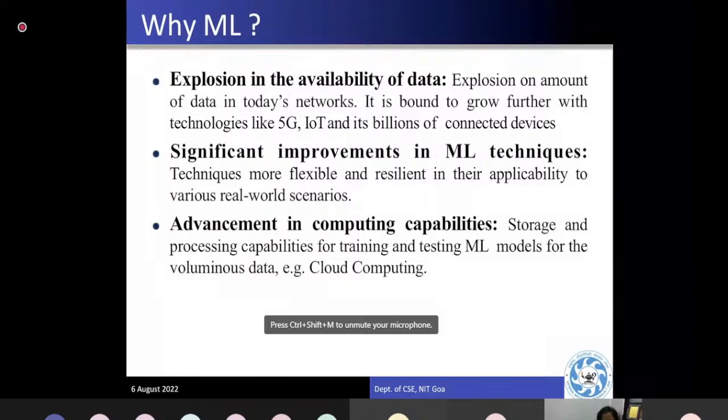The next point is advancement in computing capabilities. To compute the ML models, if I say deep learning models, we know that we need very high computation machines. And this is not a big deal these days. If you have experience, 10 years back your laptop was not able to handle high power MATLAB programming or anything. But these days in a single laptop, you can run even very large data. So it's not a big deal.